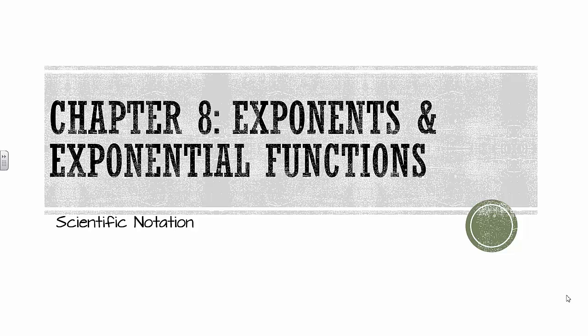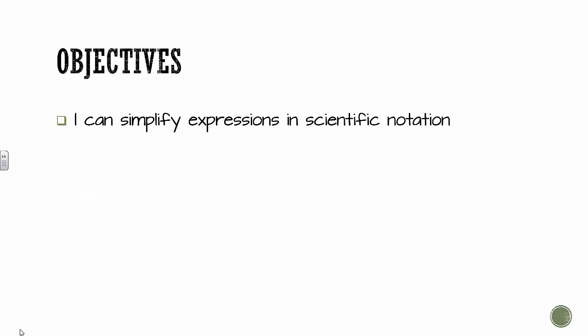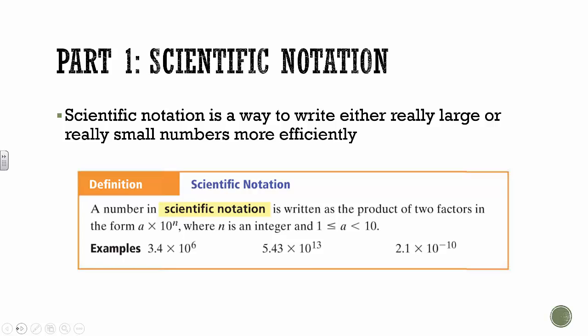The next part of Chapter 8 we're going to talk about is something called scientific notation. By the end of this lesson, you should be able to simplify expressions that are in scientific notation. So think back to your science class. Sometimes you deal with either really, really big numbers or really, really small numbers. And scientific notation is just a way to write those numbers without writing out tons of zeros and taking up